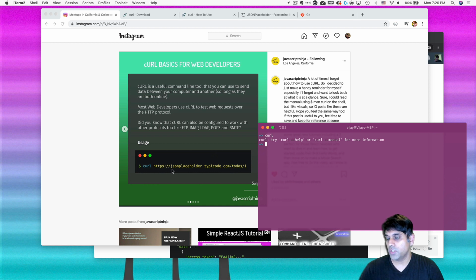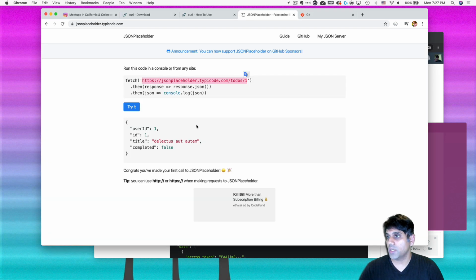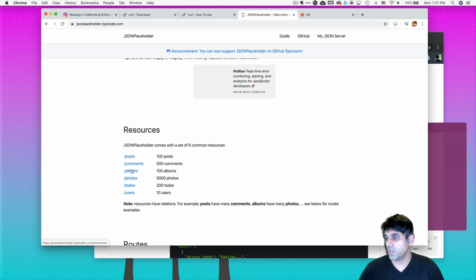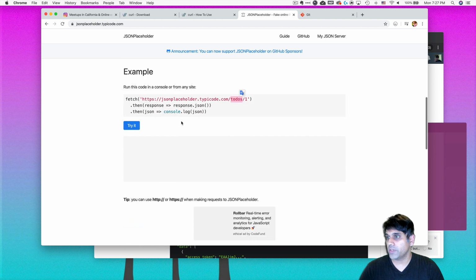Maybe this one. So here I've got JSONPlaceholder, typicode.com, and this is a free API that I really like. I'm going to refresh the page here, and basically you can see I've got a URL here, and it's this one. It has what's called an endpoint, and so the endpoint is todos/1, and then here's a whole bunch of other endpoints: posts, comments, albums, photos, todos, users. So you can play around with this API. It's free. You don't have to put in your email or anything like that to get an API key. You can just take the endpoint URL and just for kicks, we'll try it here, and we should expect back